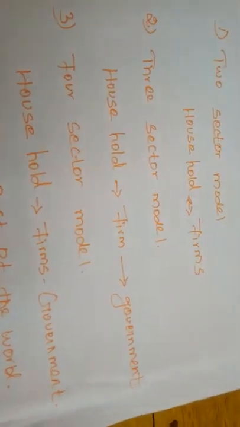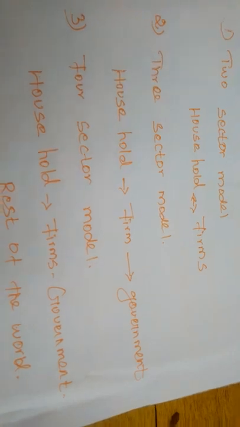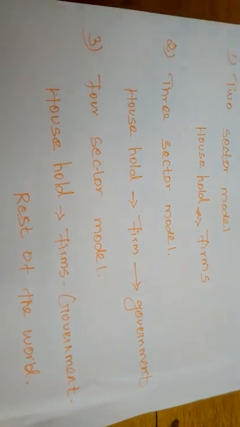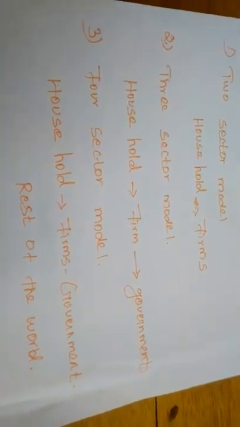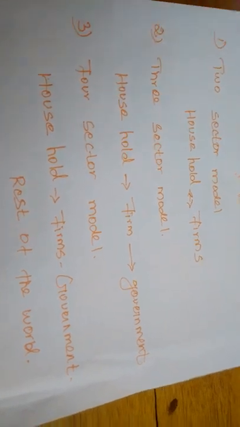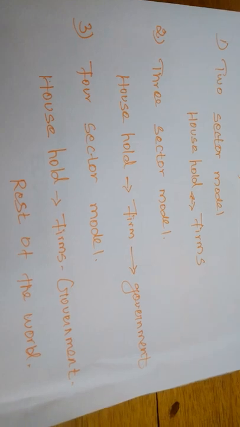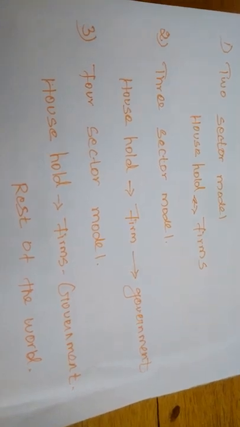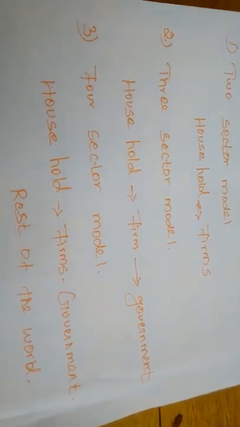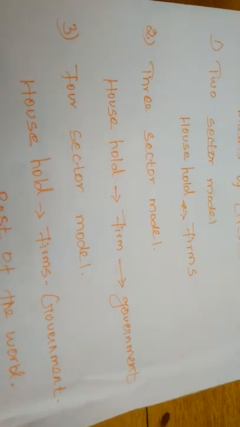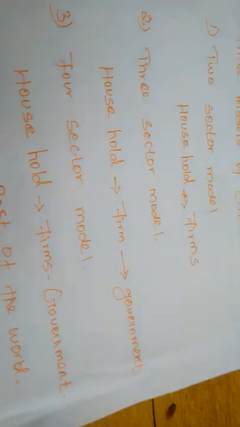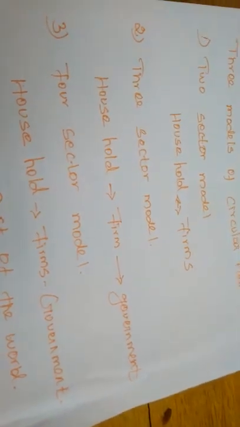But who will satisfy the wants created from the household? Farms only. So whatever wants and needs arise from the household are fulfilled by the farms, but the farms do so with the factor of production coming from the household, right? Do I understand or not? So simply, the household and the farms are very dominant